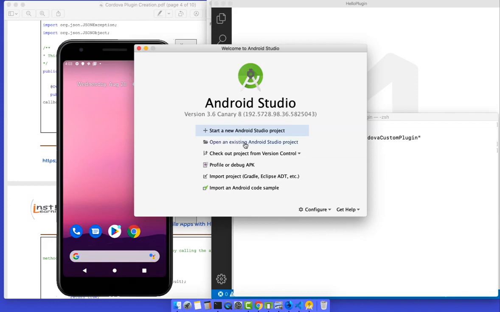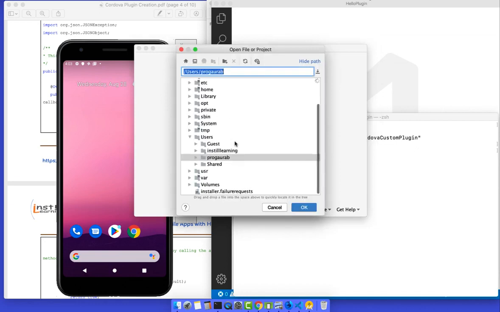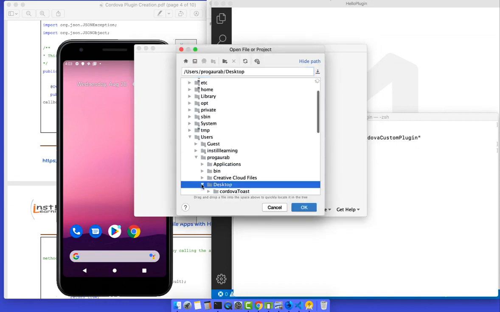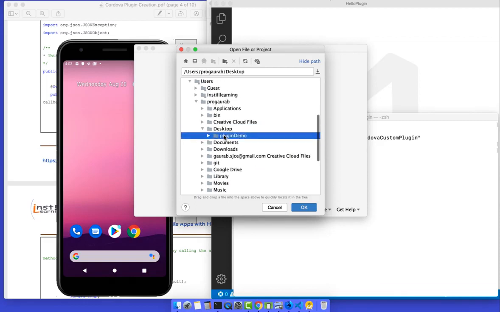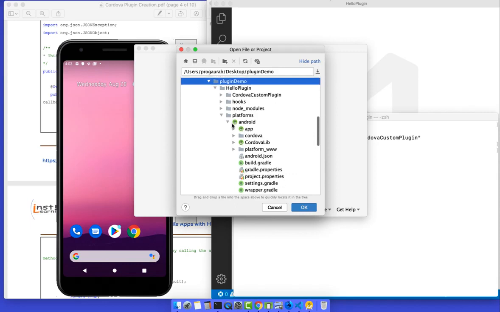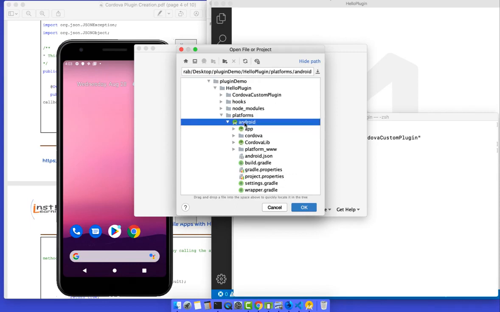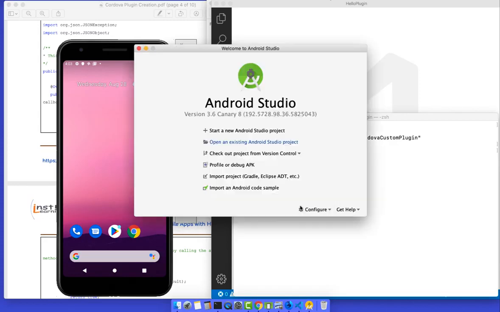Fine. So I'll just open an existing Android Studio project. Click this one, and then I'll go to the desktop. Inside the desktop we have this plugin demo. Inside plugin demo we have our Cordova application Hello plugin, and in that we have platform, right? In that platform folder we have Android. So this project we will import into our Android Studio.